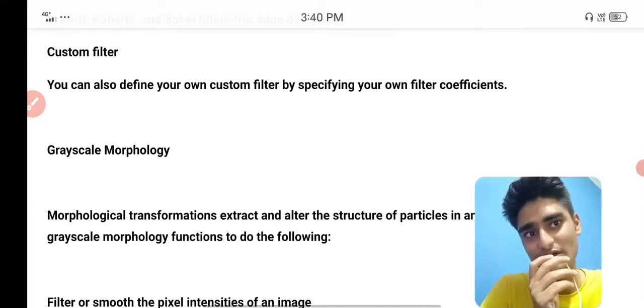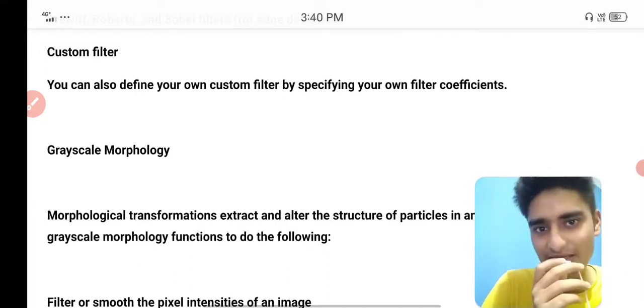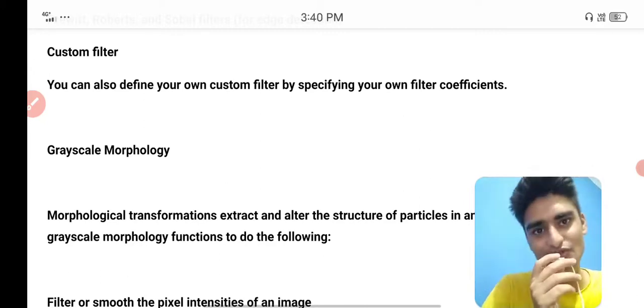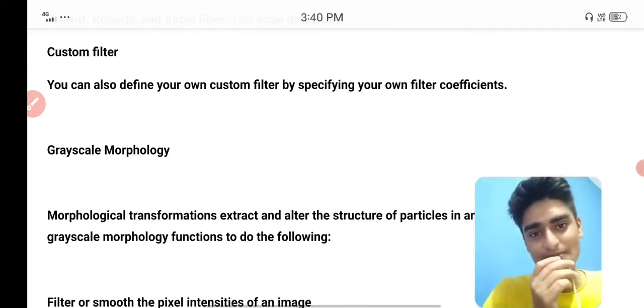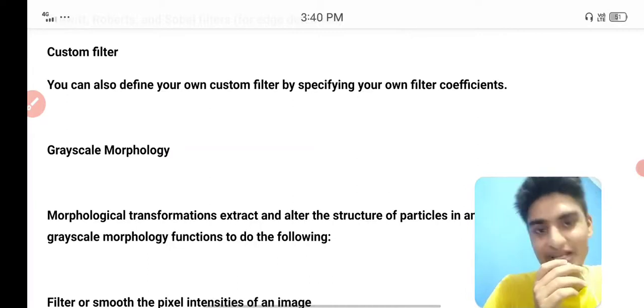You can define your custom filters by specifying your own filter coefficients. It shows how we can design our own filters.